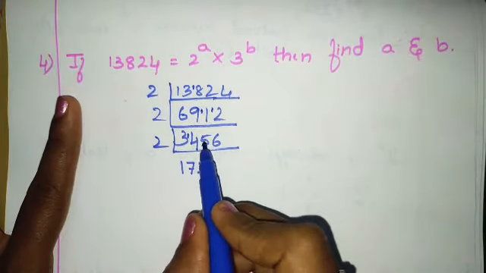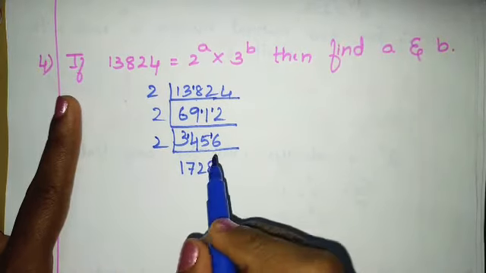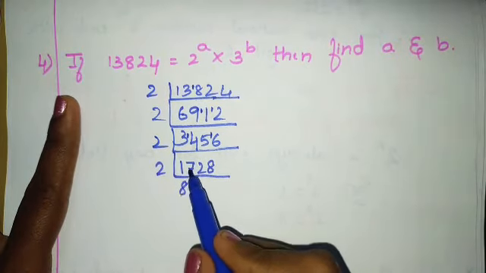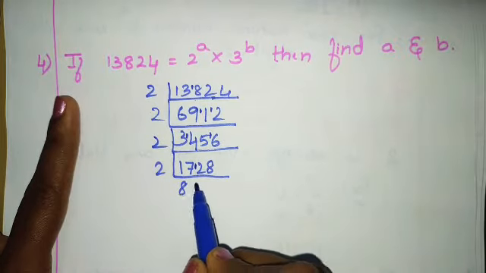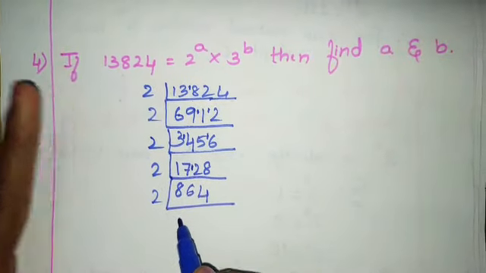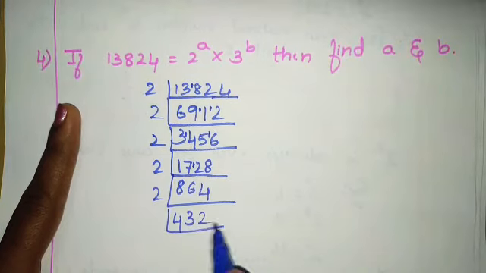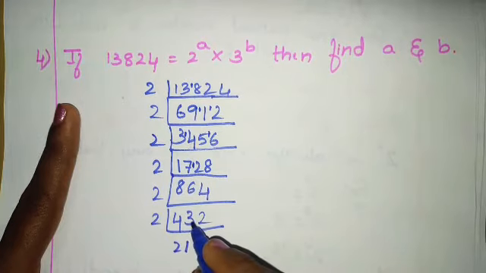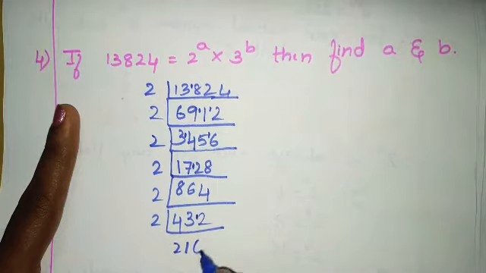So remainder 1 is there. I'll shift that 1 here. This becomes 16. 2 8s are 16. Next, again 2 only. 2 8s are 16, so 17 minus 16 is 1. I'll shift that 1 here. So this becomes 12. 2 6s are 12. Then 2 4s are 8. Got it? Next, 2 4s are 8, 2 3s are 6, 2 2s are 4. Then 2 2s are 4, 2 1s are 2. So 3 minus 2 is 1. Put that 1 here. So this becomes 12. 2 6s are 12.